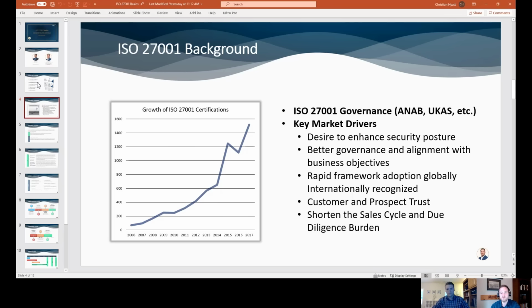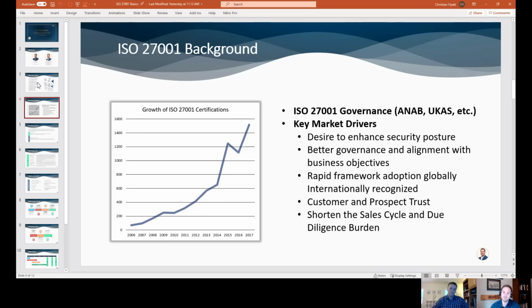And why that matters for companies out there is because this is becoming the de facto standard for proving or evidencing that you have a security program in place, and it's a common vocabulary. So if you go to one company or another company, what are they going to ask for to get through that sales cycle or to feel comfortable that you have a security program? There's a high likelihood that it's going to be ISO 27001. So if you're considering, what certification do I go after? Do I take the time and effort to get ISO 27001 certified?